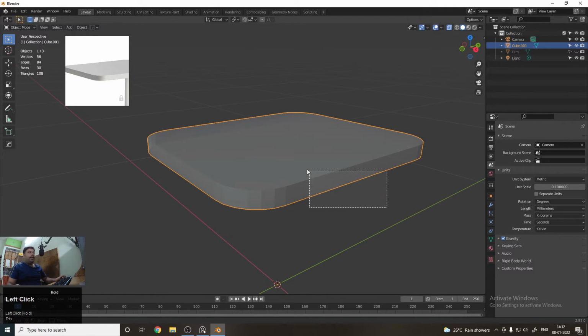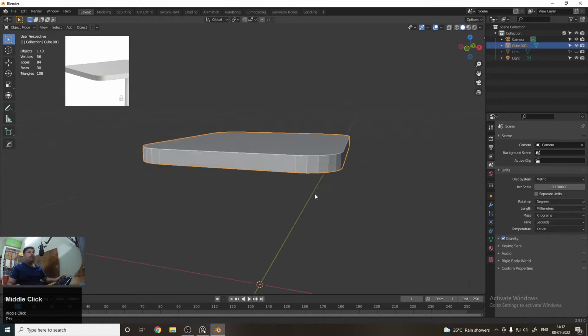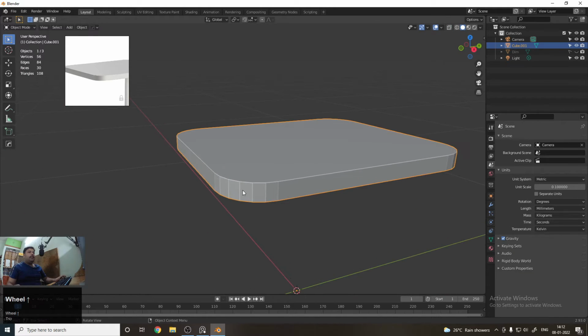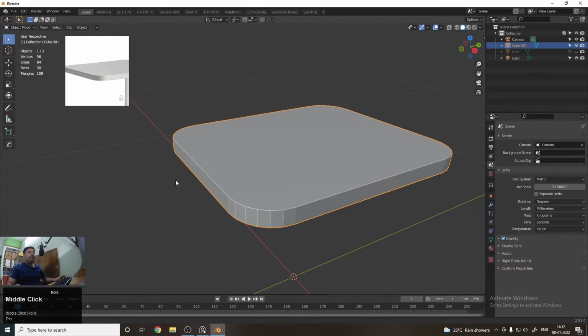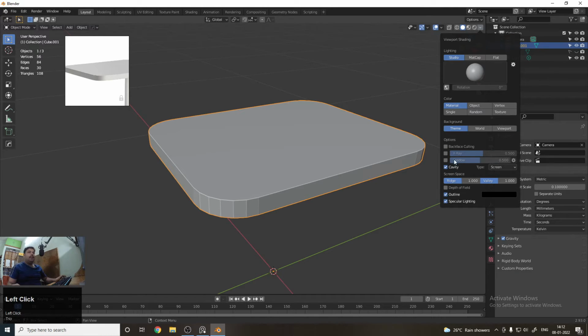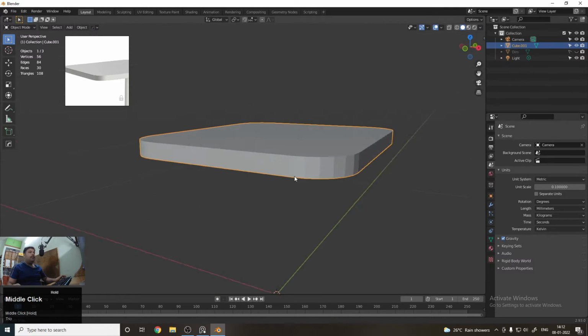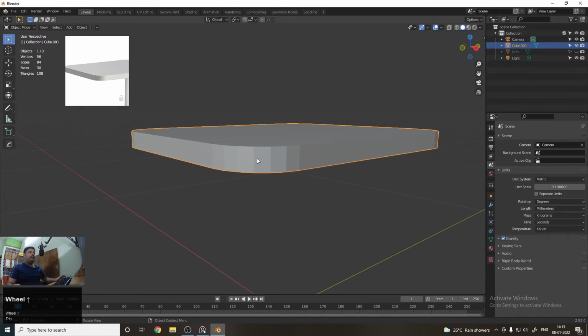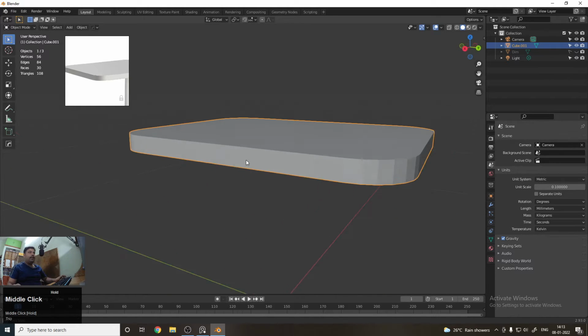So actually the X-ray mode is on. To turn off the X-ray mode, click here. Now you can see that we are getting these kinds of lines in between the curve. It's because our cavity is on. To turn off the cavity, just click here and turn off the cavity. But you can see that the lines are still appearing here.